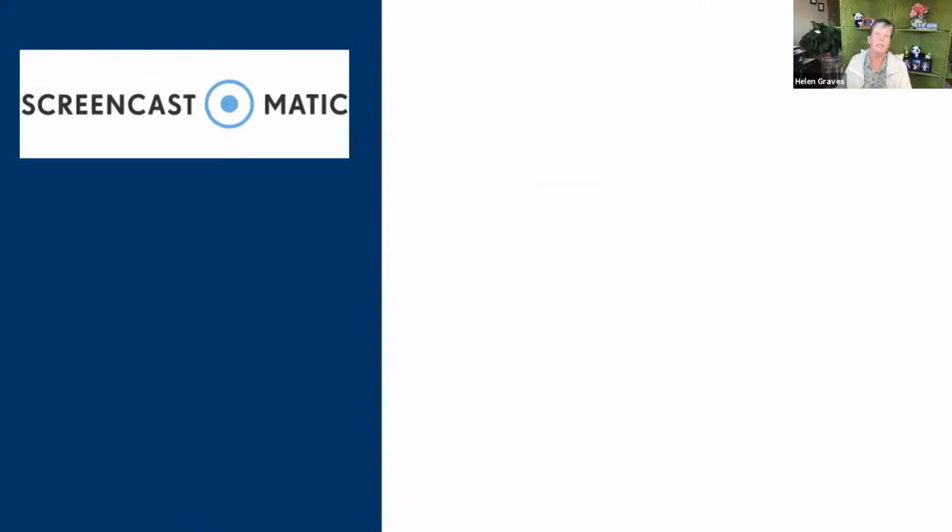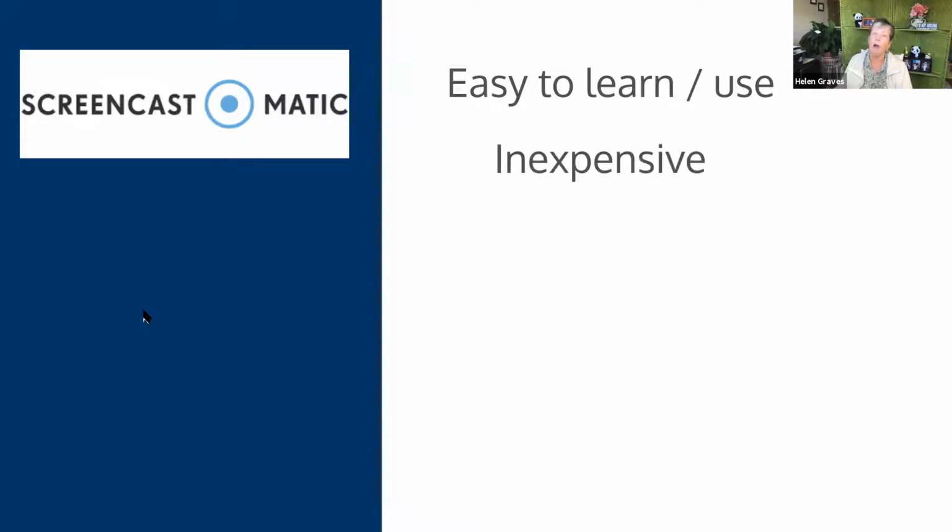I really like Screencast-O-Matic because it's very simple to use. It's got a good set of basic editing tools, and they provide a nice series of tutorials for learning how to use it. And it only costs $15 a year, which is really quite a deal. Plus, it's got an integration with Canvas, so you can access it right from the rich content editor on the pages in your Canvas course.